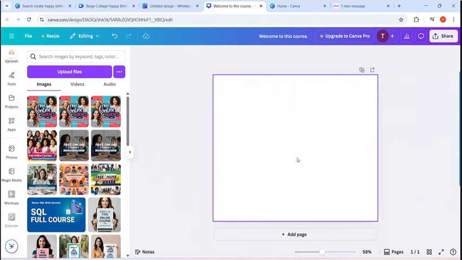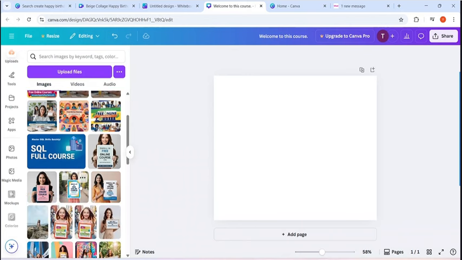So it will generate. Here you can see it has generated, and I'm clicking on replace. So I have got a very good